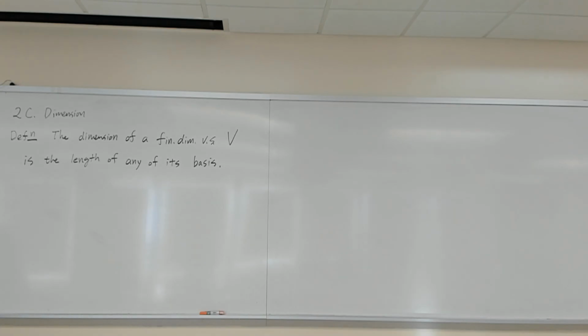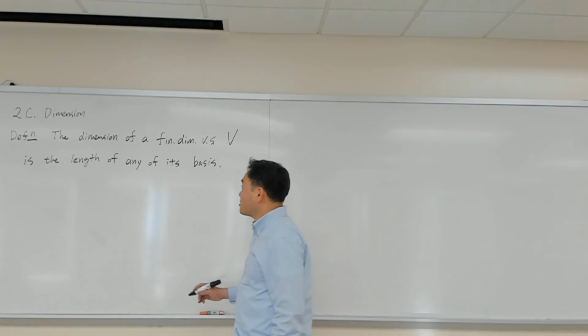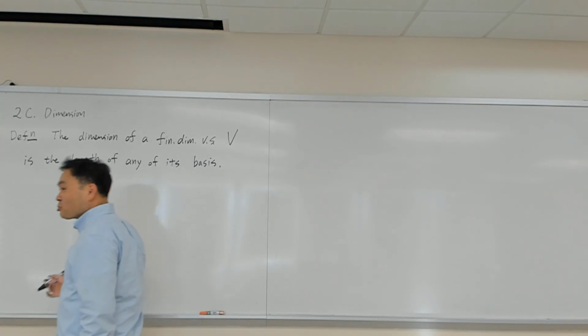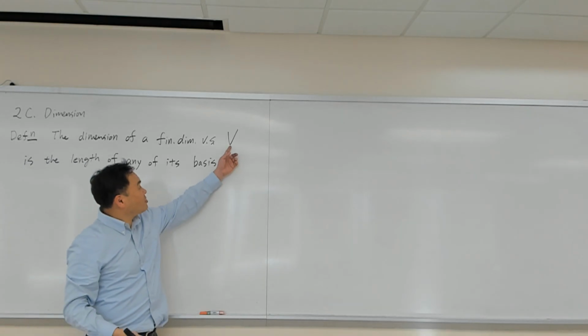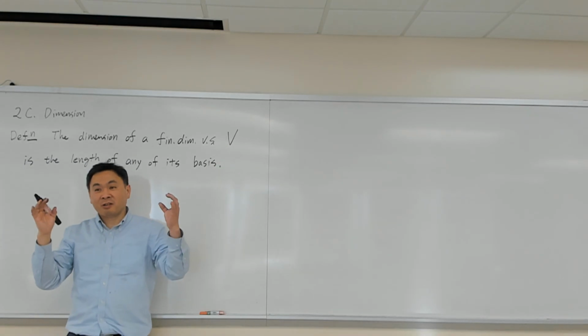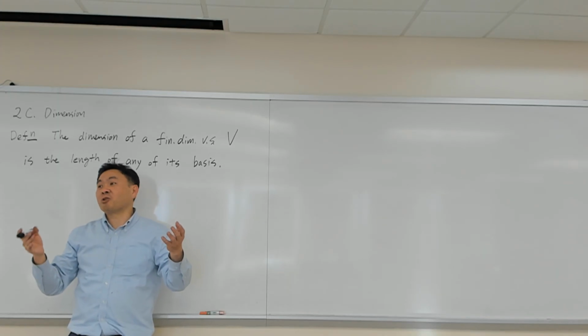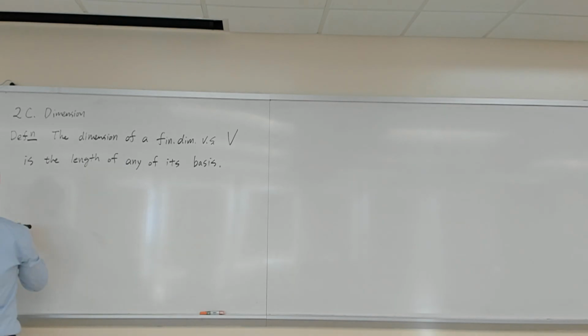Okay. Now, for this definition to work, you have to know something, which is that this number does not depend on the choice of the bases. In other words, let's say if this has a length 3 basis, then any other basis that you choose should also be length 3. And we don't know that yet, so let's prove that. And that's 2.35, which is